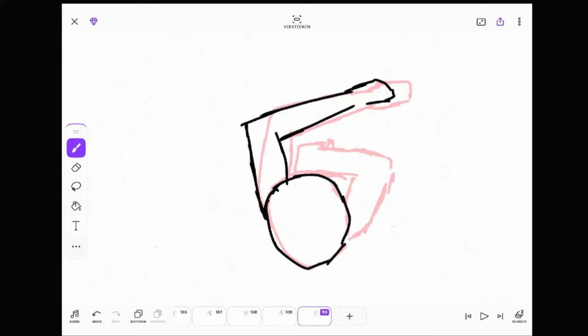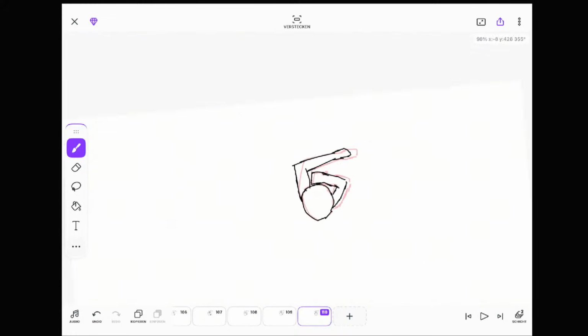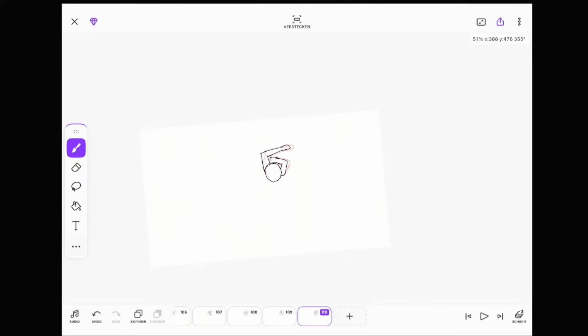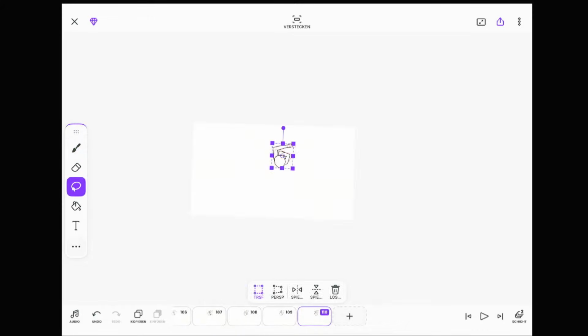The arm is now a little bit more stretched, because it's now the next frame. I think you strike with the lightsaber. A little bit more to the side. This frame.